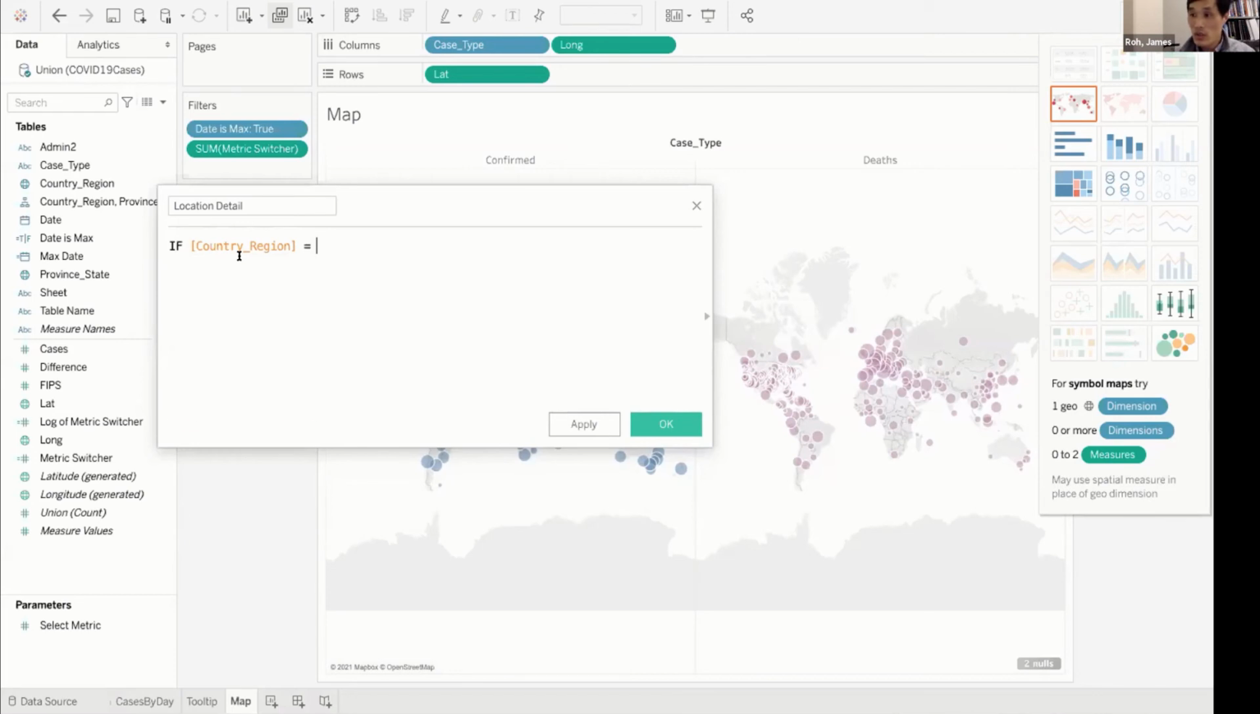Equals US data, right? Then use admin or county data. This is a county data, admin 2. So I'm going to click on that. And else if, otherwise, right? Else if,